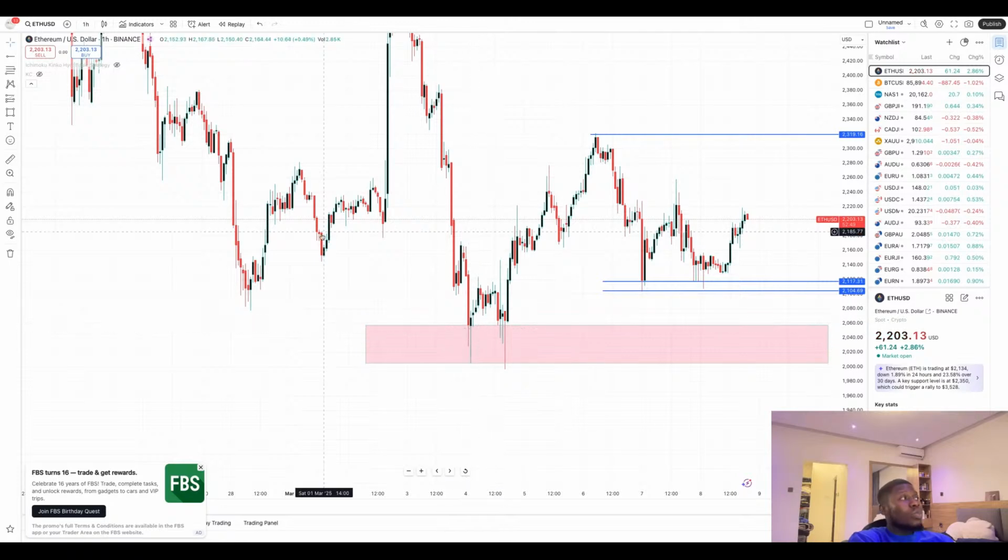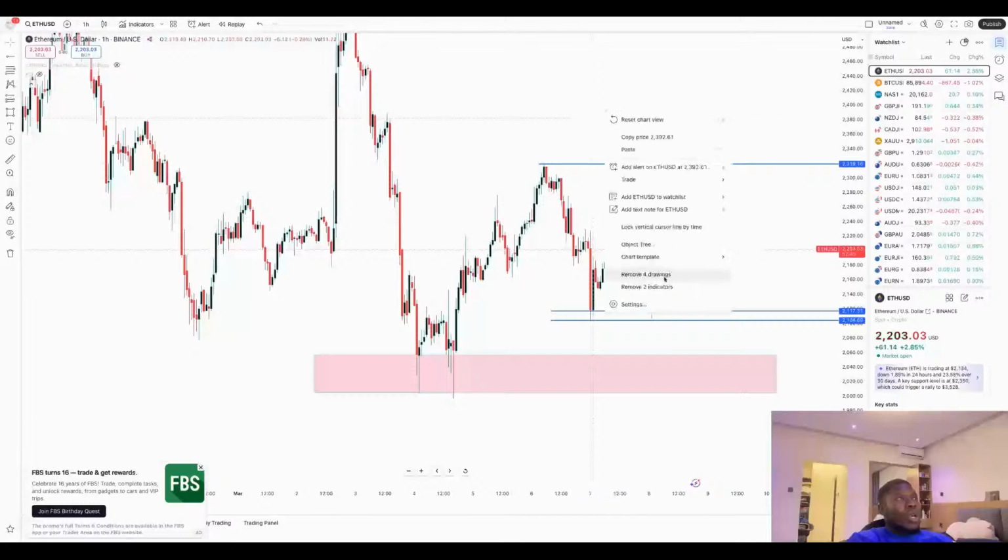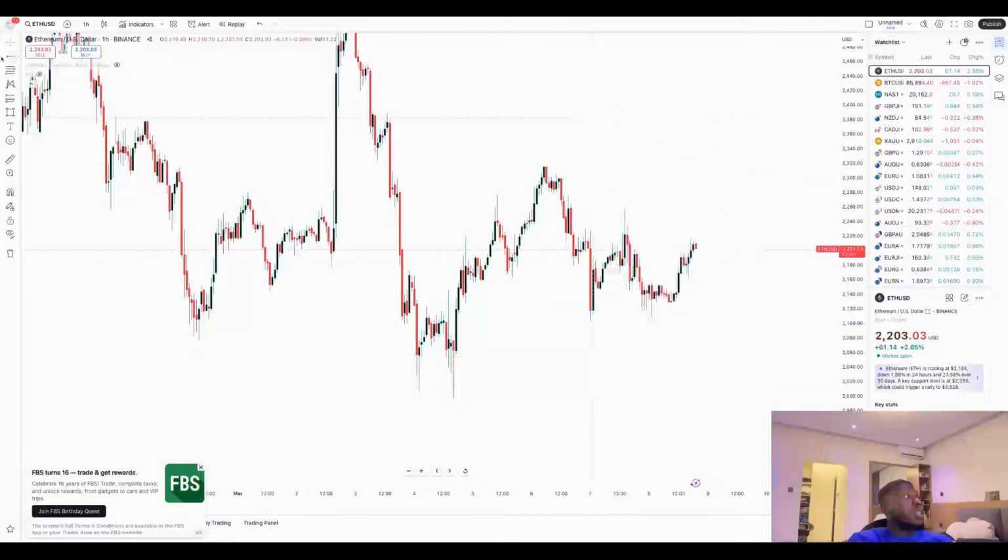So now the first thing to do is to mark out your recent support and resistance. Your recent support and resistance, in the sense of the latest support and resistance, which is on this chart, we have this